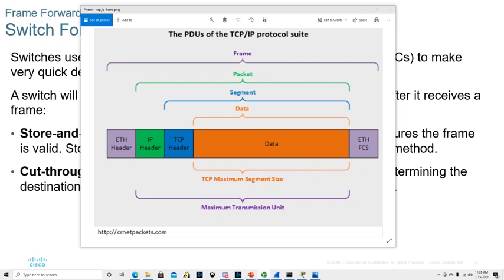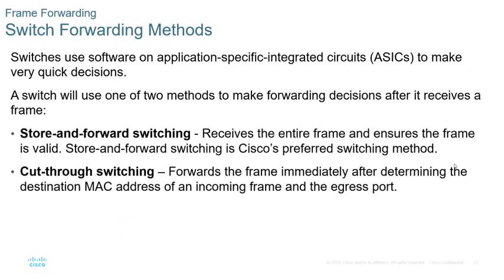Cut-through switching is our other option. With cut-through switching, the frame immediately gets forwarded as soon as the initial Ethernet header enters the device itself. So once the initial Ethernet header enters, it reads the destination MAC address, immediately makes a forwarding decision without waiting for the rest of the frame, and then starts forwarding out an egress interface, and just shoves the rest of the frame out that egress interface as well. So there's pros and cons